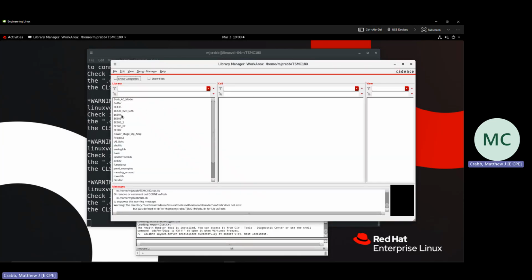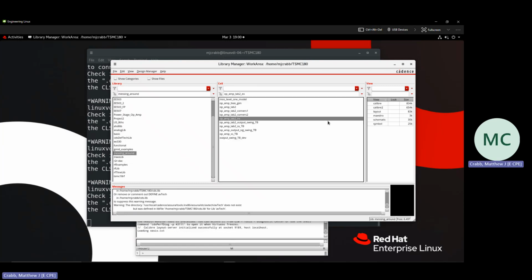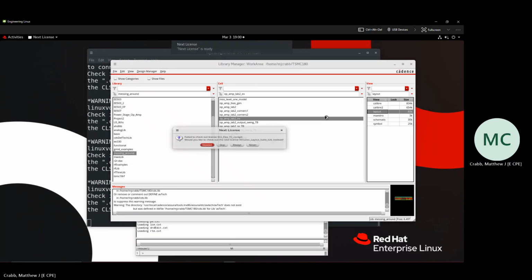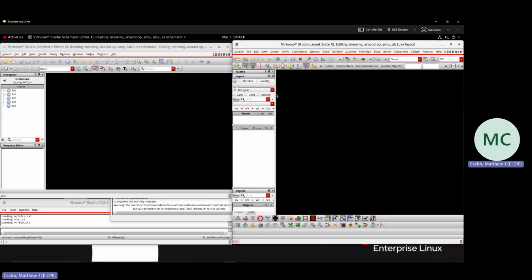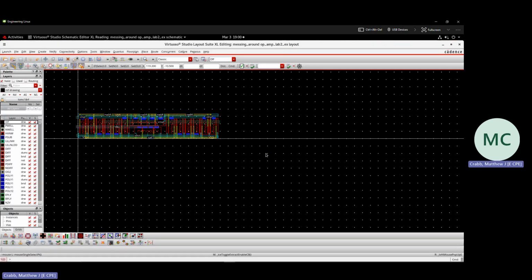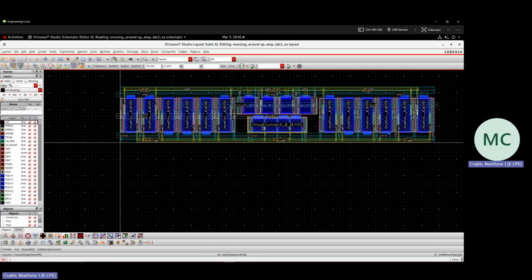Okay, and then let's see, I'm gonna find my example. Okay, so here's my completed layout that is DRC and LVS clean. This is for a 5T op amp, current mirror load op amp. And so I'm gonna go up to Calibre, run PEX,